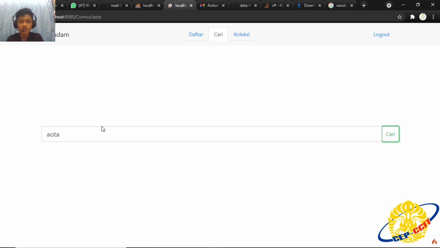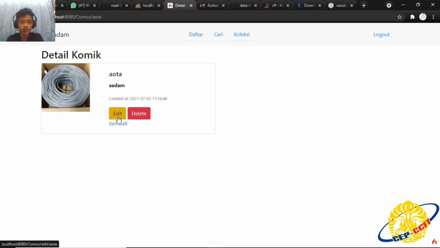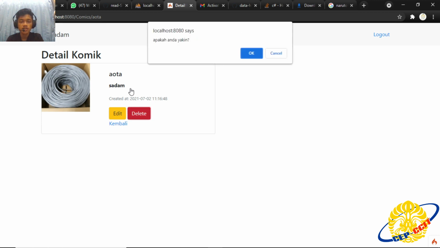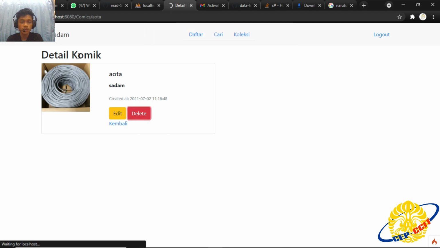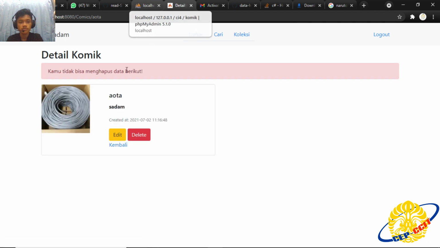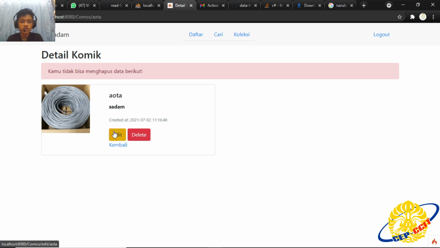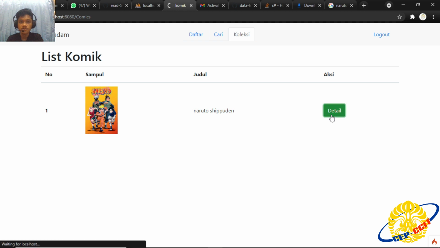It seems my PC runs slower. Don't know why. Okay, here we can see that if you want to delete data that does not come from you, you cannot, because when we try to delete it, it will prevent us from deleting it. See, we can change this data. It also comes with edit. We can see, we can edit their data, either edit or delete. But for the comics coming from us, we can change them.